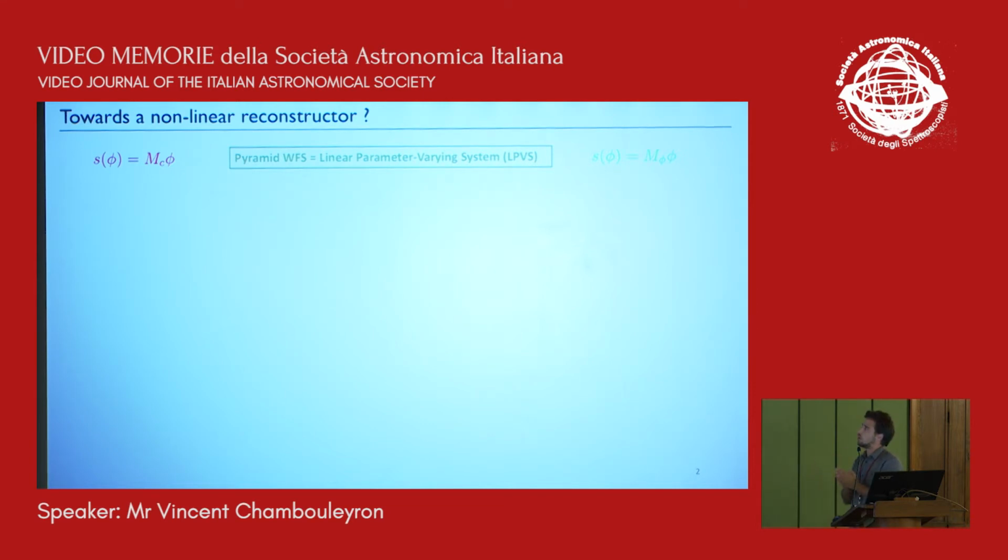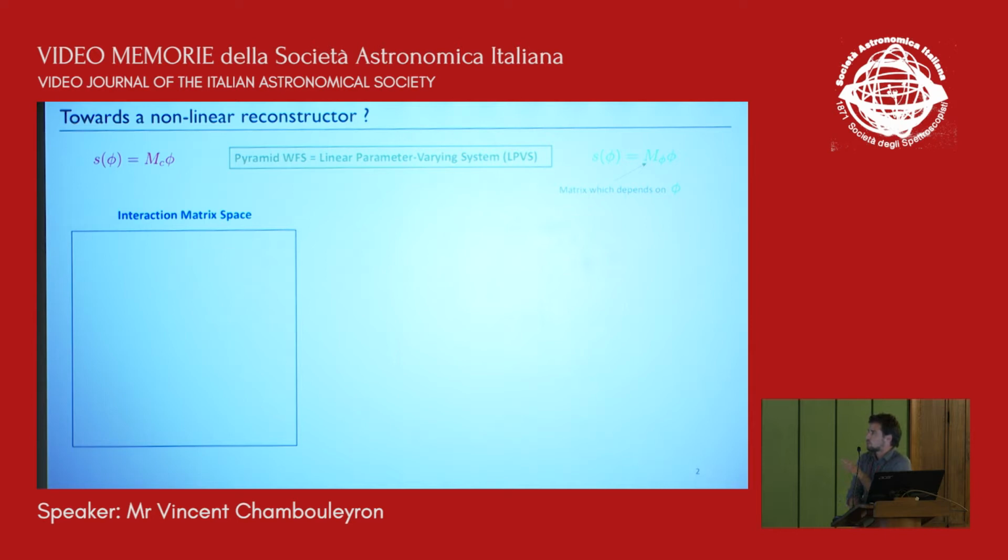So at each moment, when we do a measurement, the interaction matrix depends on the phase we are trying to measure, but we still can describe the system with a matrix. So we can always think of it as a linear device, but the linearity is changing every time we are measuring a different phase. It's kind of confusing because we want to use this matrix, which depends on the phase, to recover the phase. So there is kind of a paradox.